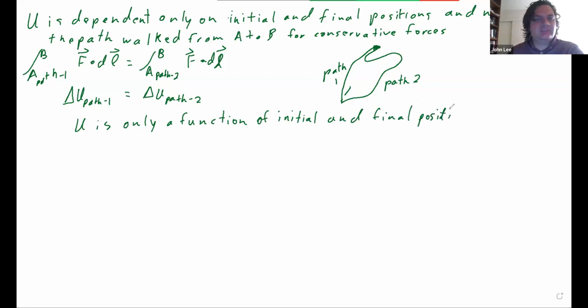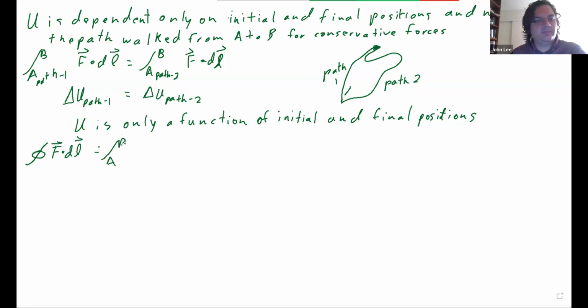In which case as well, if we make a circuit around any path, F dot dl, if we go all the way around path 1 and then we go back along path 2, and then we make a circuit, which is what this circle indicates on the integral, then that is going to give us